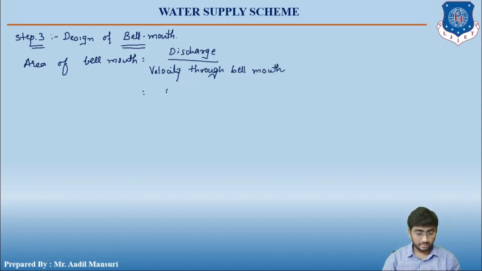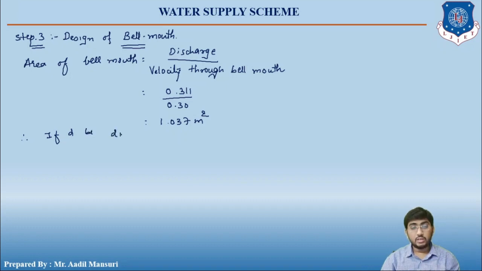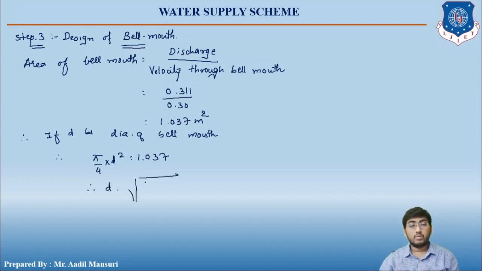Right, so what is the discharge that we are getting? 0.311, and velocity through bell mouth is 0.30, that is already given in the data. So this will be equal to 1.037 meter square. Therefore if dB is the diameter of bell mouth, then pi by 4 into d square will be equal to 1.037. Therefore d will be equal to under root of 4 into 1.037 divided by pi, and therefore diameter of bell mouth comes out to be equal to